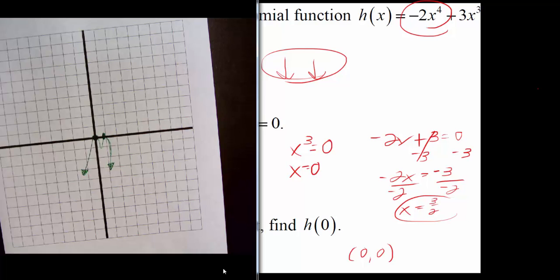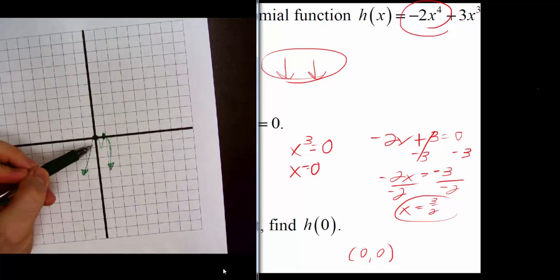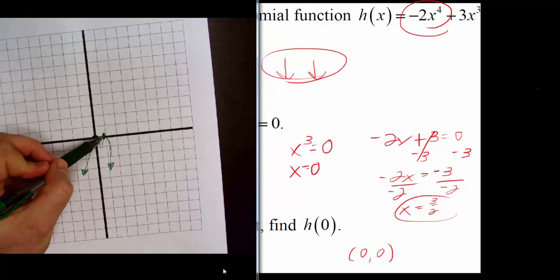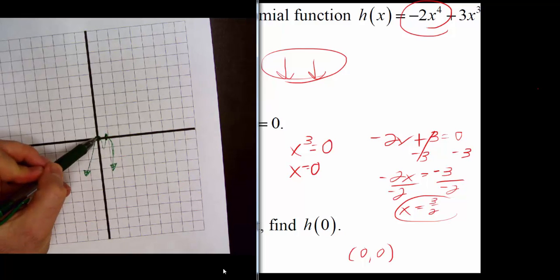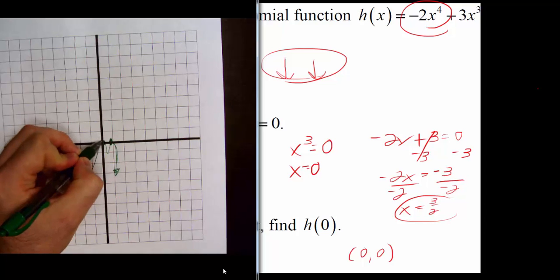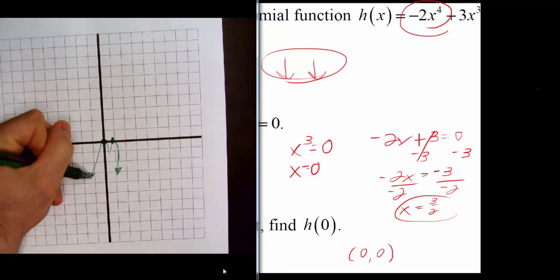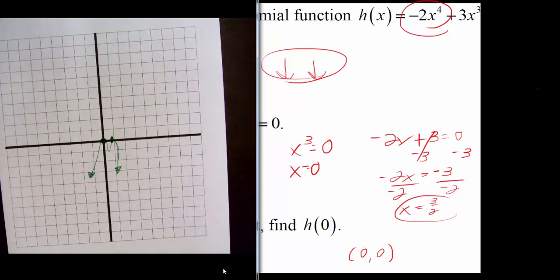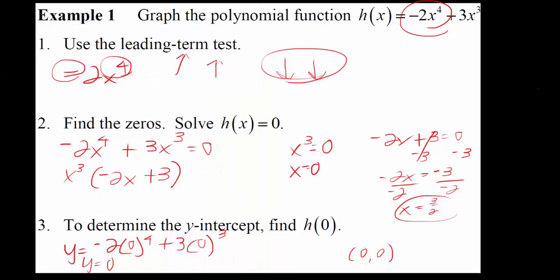And then we crossed the x-axis at 0 and at 2/3. And our y-intercept was also at 0, so I had already plotted that point. And so we know that the graph will look something like this. Now in our next example,